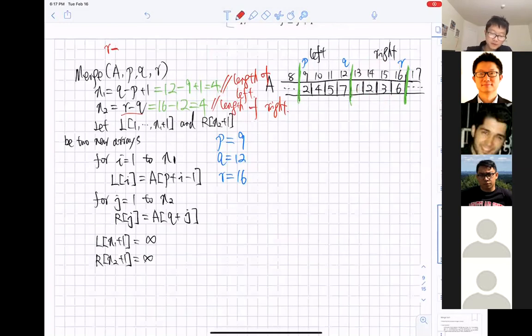So it is R minus Q plus 1, and plus 1, which helps us know how many elements there are in the right subarray. If we expand it, it will be R minus Q minus 1 plus 1, and these two just disappear. So then we got R minus Q. That's why we got it over here, which is the length of the right subarray.